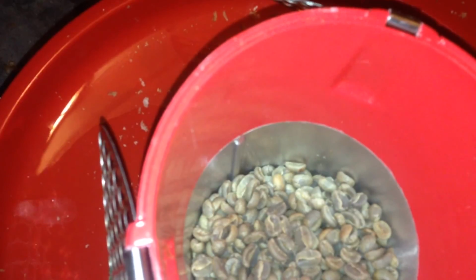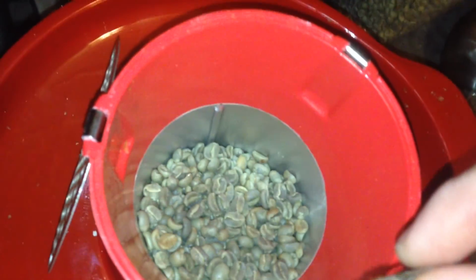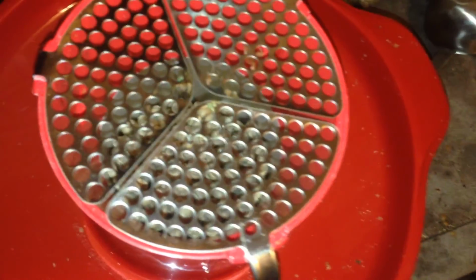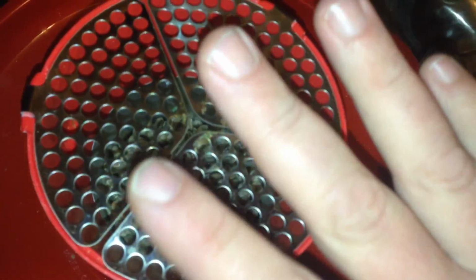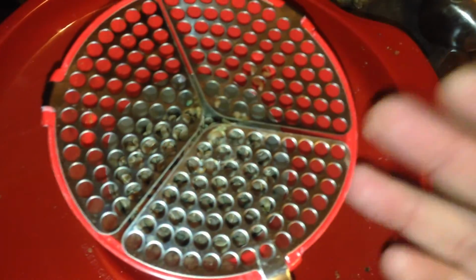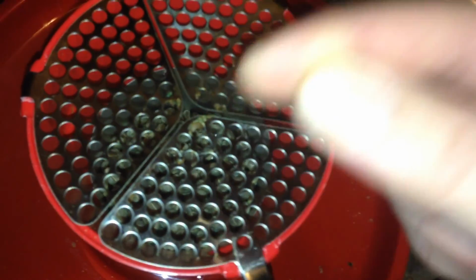As you can see, I'm well above the recommended fill line for popcorn here. What this does is it actually slows down the rate of circulation, and it also forces the fan, or the heating element, to work harder and be hotter. When you only fill it up to the line, your roast is going to take a long time because the element is getting hot enough for popcorn, but it's not doing a great roast on coffee beans. By overfilling it and slowing down the circulation, the rotation of the beans, which they will do nicely, and you'll see,